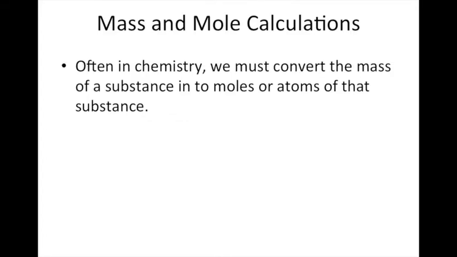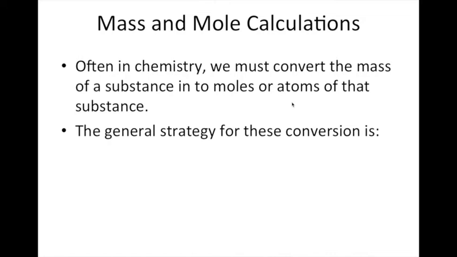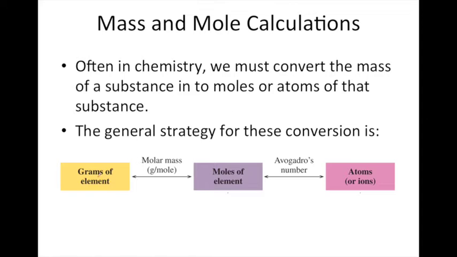In this video, we're going to look at how to perform calculations involving the masses and moles of a substance. So often in chemistry, we have to convert the mass of a substance into moles or atoms of that substance. And there's a general strategy that we can follow to help us with that. If we're given the mass in grams of an element, we can convert it into moles of that element using the molar mass. If we have moles of an element, we can find how many atoms there are using Avogadro's